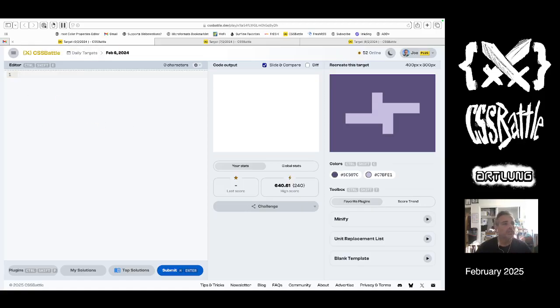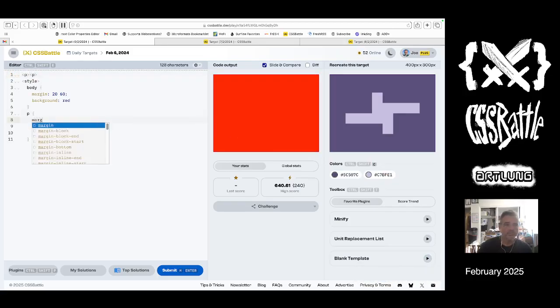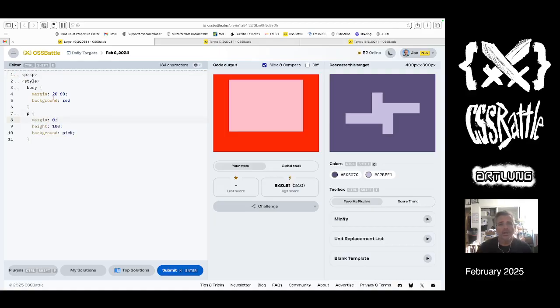So let's just start at the beginning. I'm going to do my standard blank template, and I think this is two elements. It's an element on top of another element. If I do a margin 0, then there's no space between them, and then I give margin to the top 4, 5, 6,